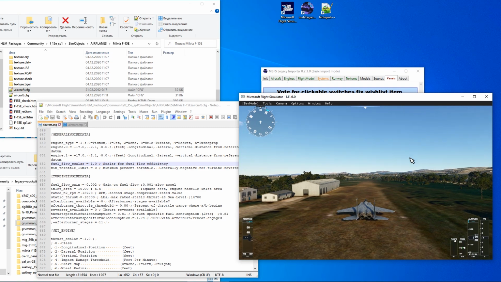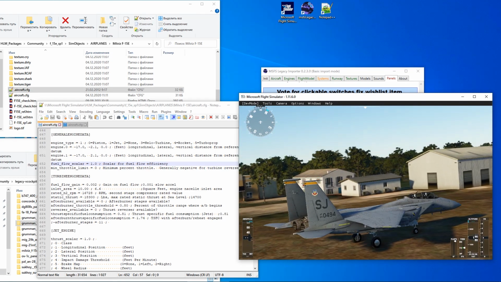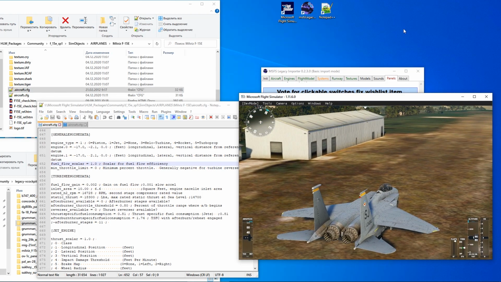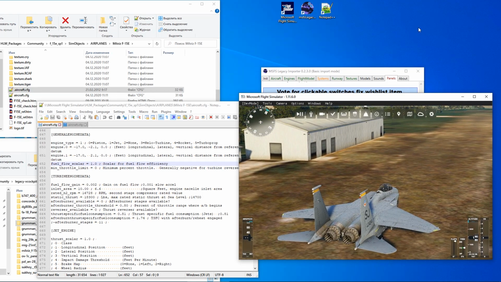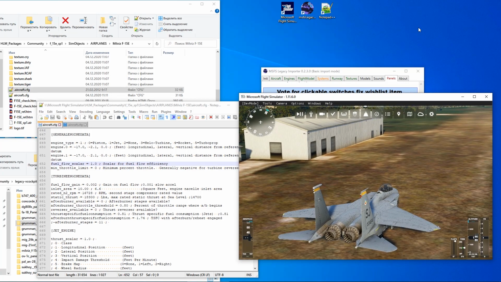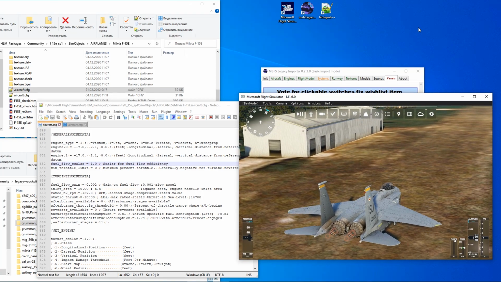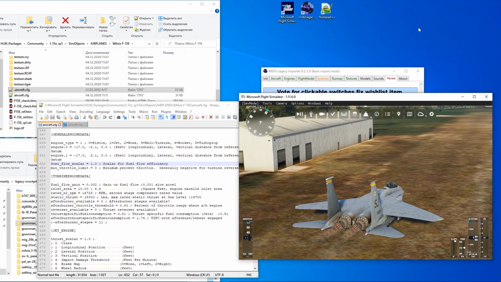Heat up the engine. In this aircraft, flame animation nice and smooth.